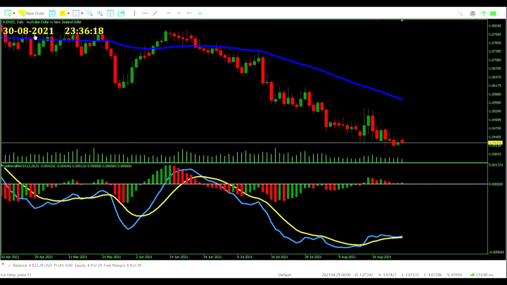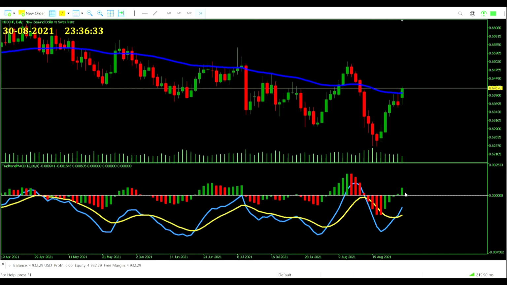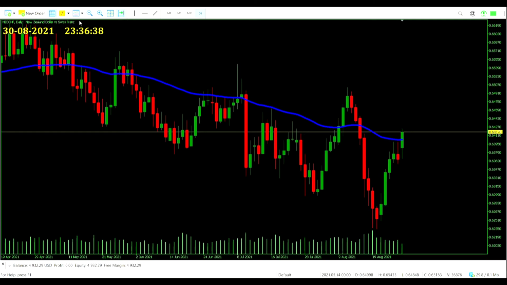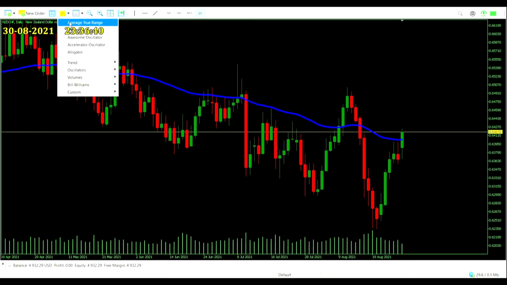So let's get the New Zealand dollar Swiss franc pairing back up. And there it is, you see, it's a buy signal. So now let's close this MACD and let's open our average true range. We've got